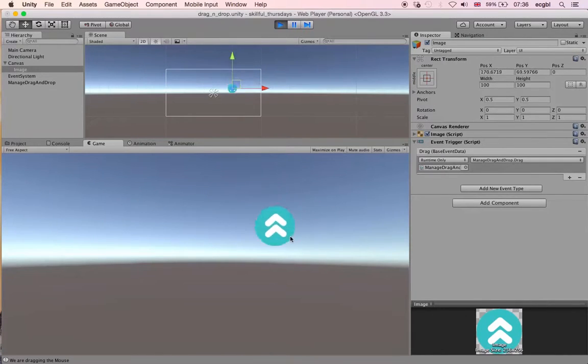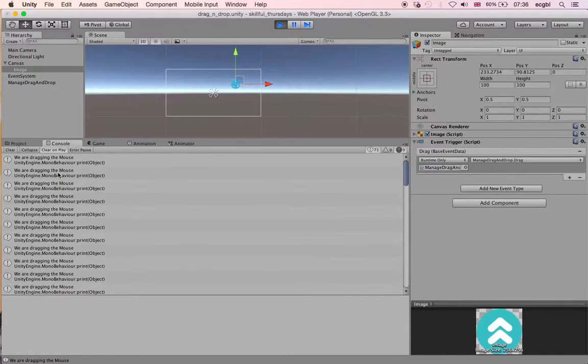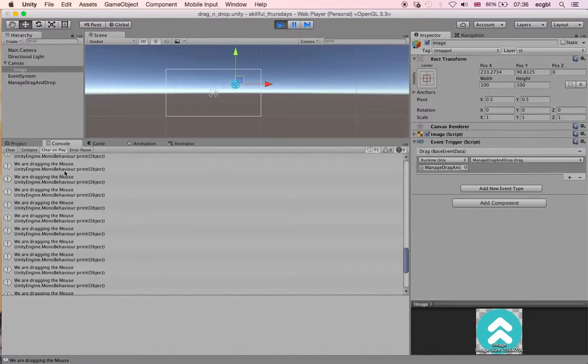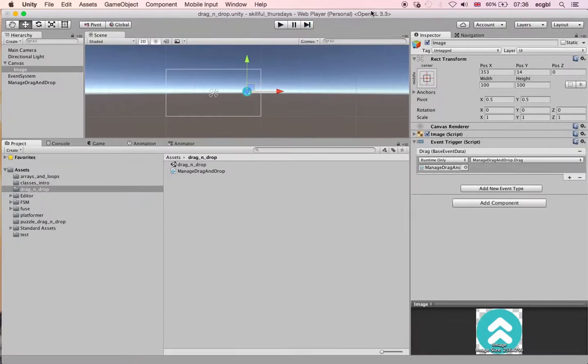Okay, so that works perfectly. So at this stage, my dragging script works perfectly. What I'd like to do now is to start to create some kind of placeholder on which I will drag and drop my object. And I'd like my object to snap to my placeholder. In other words, if I'm very close to this object, the one that I'm dragging will actually be superimposed perfectly